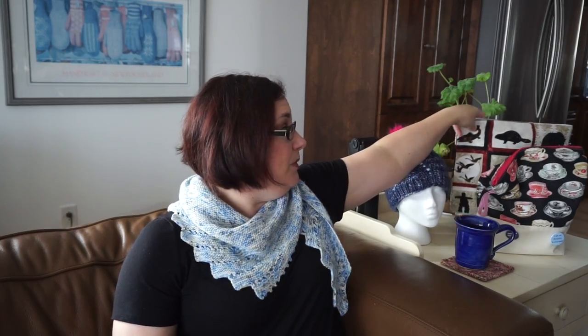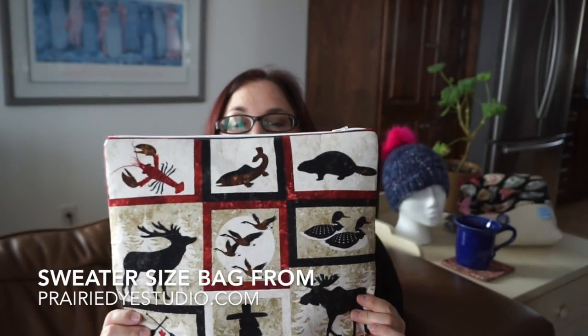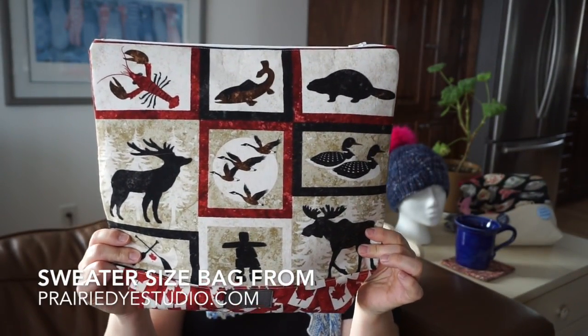So remember last week I had said, so this is housed currently now in my Prairie Dye Studio Canada project bag. So this is a sweater size bag. So it's very large for my shawl, but I wanted to use it for my shawl. So I think last time I showed you this project, I had holes in it. So what I did is I put in a lifeline